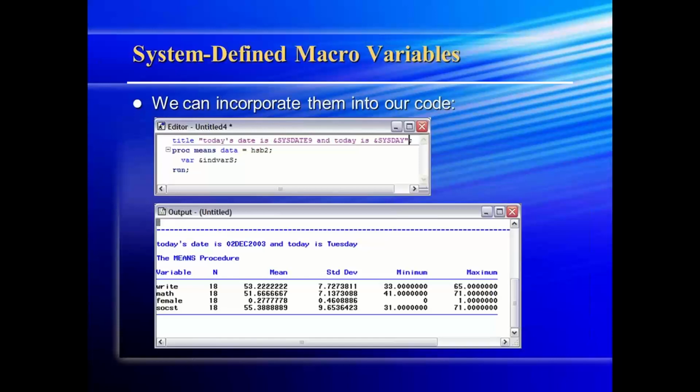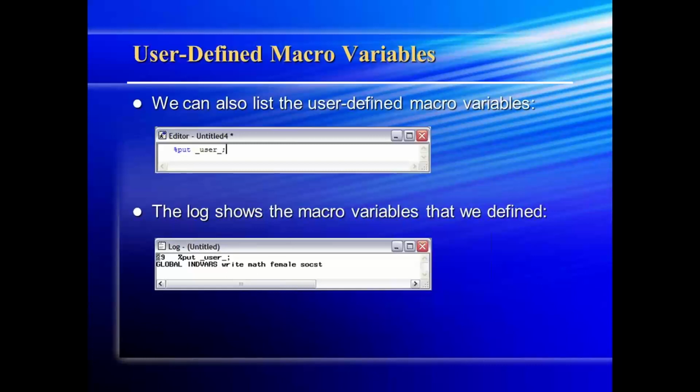So this will make your code easier and more simplified. Similarly, if any users have created certain macro variables and another user wants to use a similar type of value, rather than creating a new variable, he can just verify whether that variable exists by executing a statement called %PUT _USER_.